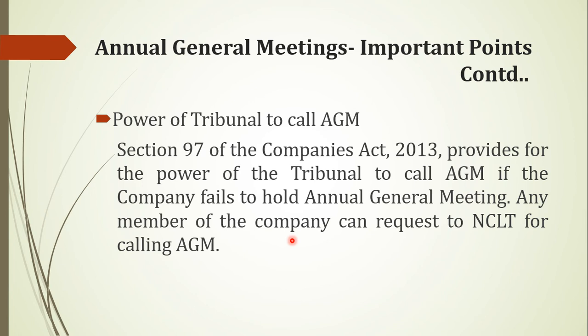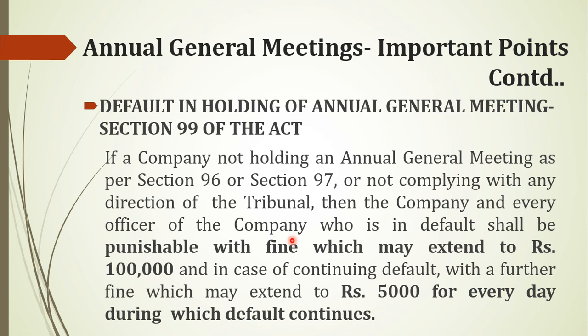Now comes the question: what if a company is not able to hold the AGM, or is not able to comply with the provisions of section 97, that is, with the directions of the tribunal? Then what is the penalty? This is covered under section 99 of the Companies Act 2013. It says, if a company does not hold an AGM as per section 96 or section 97 (96 is the general section on the annual general meeting, and 97 deals with the power of the tribunal to hold the AGM)